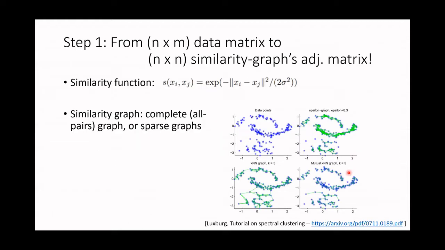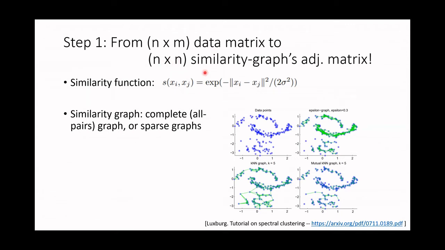Okay. So before I go to spectral clustering, it is a graph-based method. So I need to first convert my data matrix to a similarity graph. Okay. What do I mean by that? The data matrix is n cells cross m genes, right? So n cross m. I want to make it into an n cross n. So where the nodes of the graph are the cells,